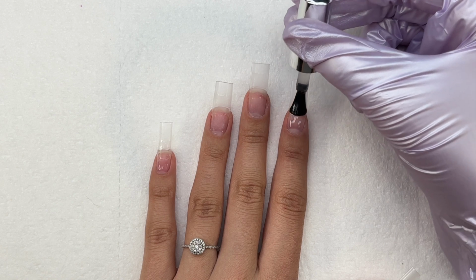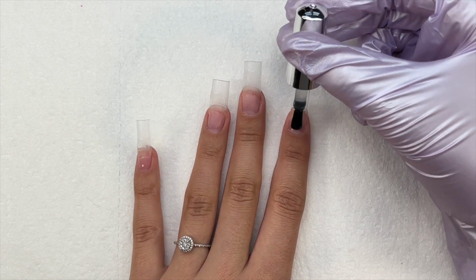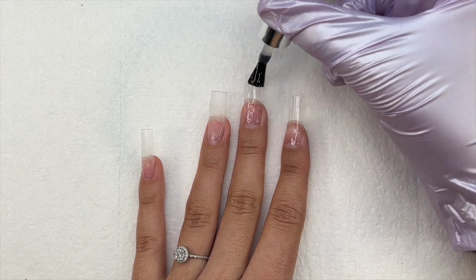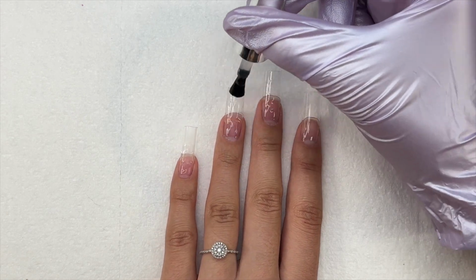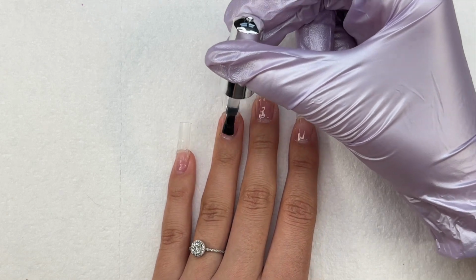I go in straight with my peel off base, and then I apply the nail tip, and then I apply a layer of top coat over top of that just to give it a little bit more support. But of course, do not do that if you want your nails to last. You do want to prep your nail beds or your nail plates and then apply your nail tips and so on. So starting here where you would then pick up with me, I am going in with a layer